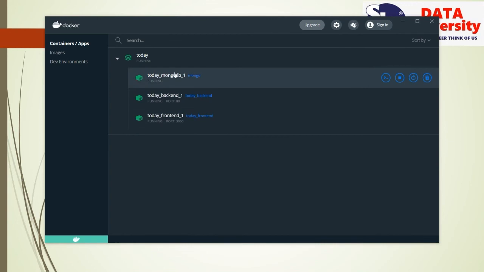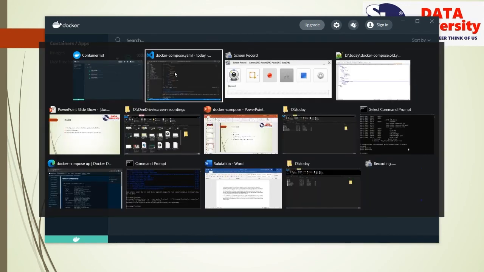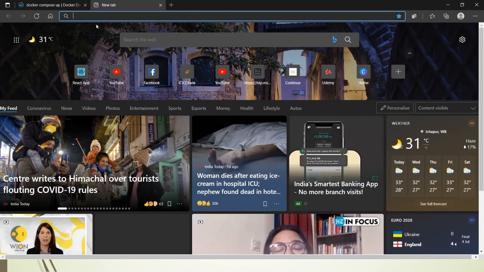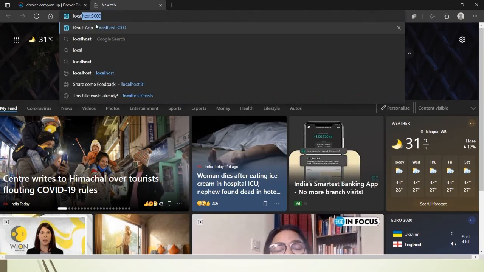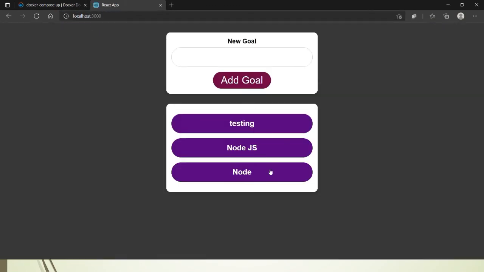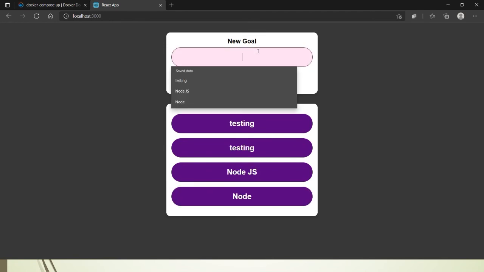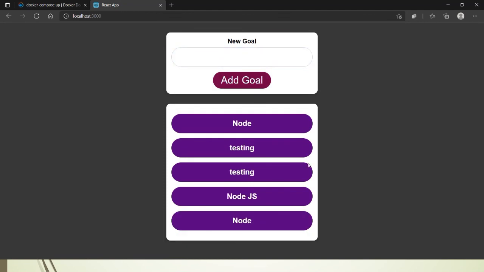Let us go to the browser and check. Yes, if I put localhost 3000, our app is up. So it is working.